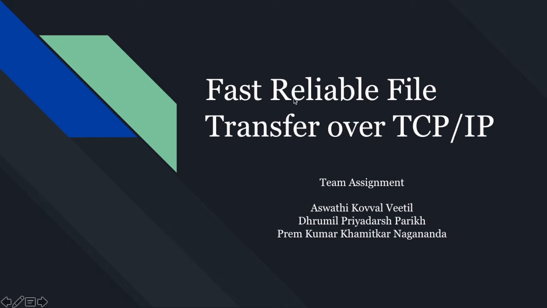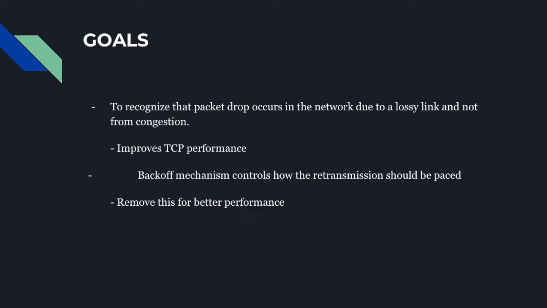Here we are implementing a fast reliable file transfer over TCP/IP. The goal of this laboratory is to recognize that packet drop occurs in the network due to a lossy link and not because of congestion. Then the basic thing that we do is improve the throughput performance by changing the TCP modules of the Linux